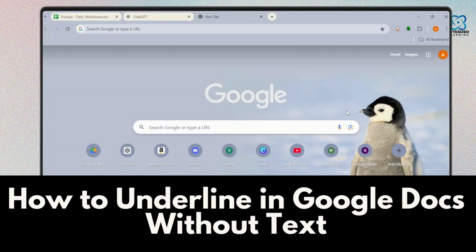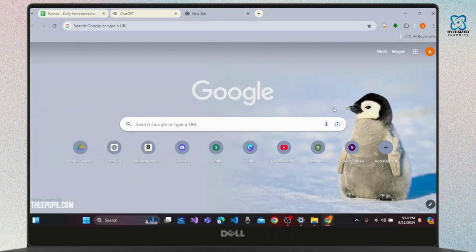How to underline in Google Docs without text. Hi everyone, this is Rose, and I'm here to guide you on how to underline in Google Docs without text